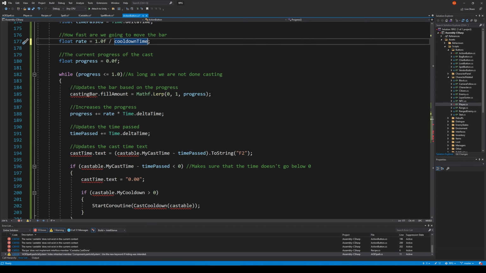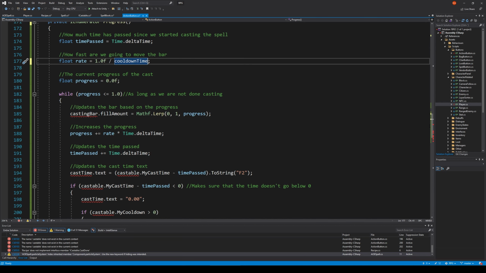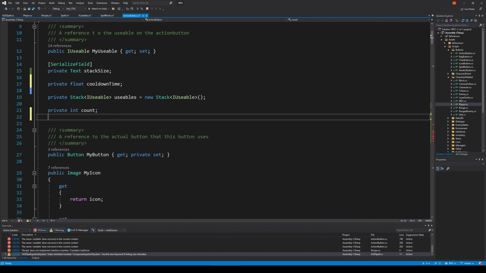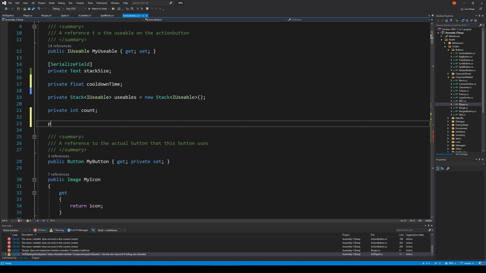And then we have the casting bar and all the fill amounts. So this, of course, needs to be fixed so that it suits the structure of this new thing instead of the casting bar. So let's make a few fields here. Let's go to the top. And up here, we need to make a couple of fields. We need to make a private TextMeshPro